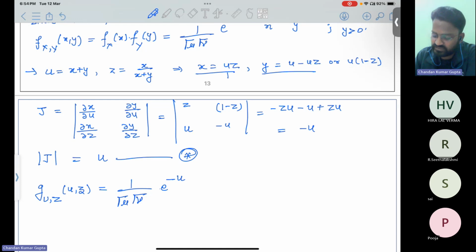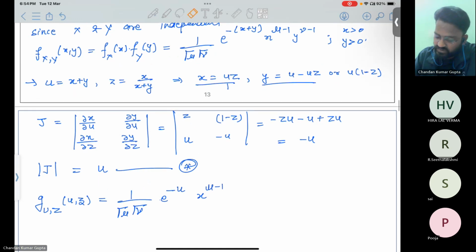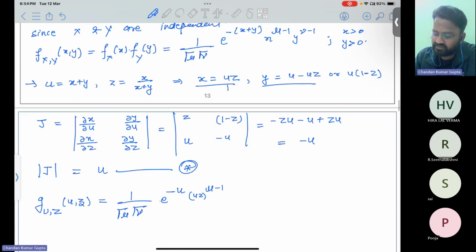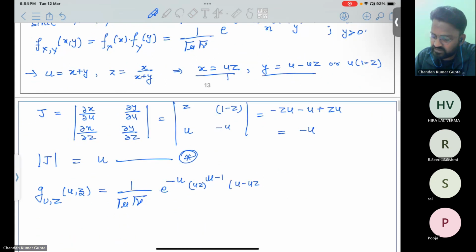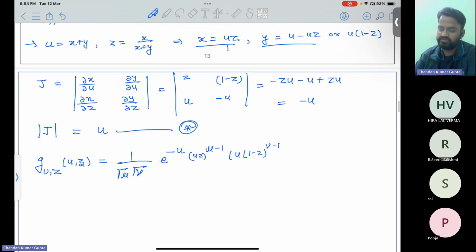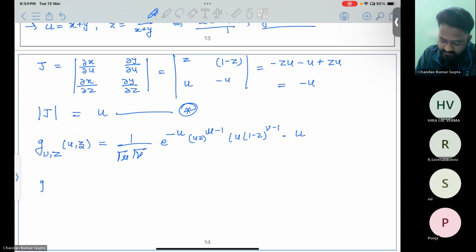In place of x we write uz, so uz to the power mu minus 1, and y can be written as u minus uz, or u(1 minus z), to the power nu minus 1. And multiply by the Jacobian, which is equal to u. And now after solving this,